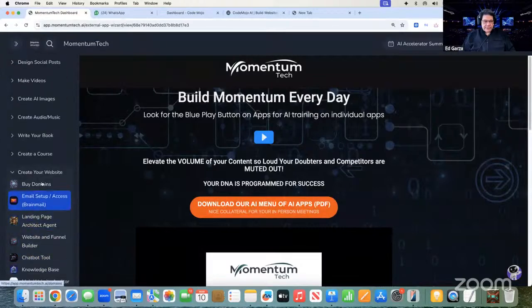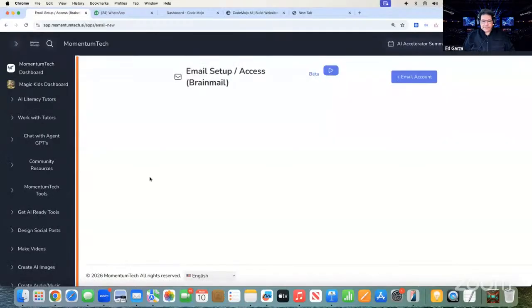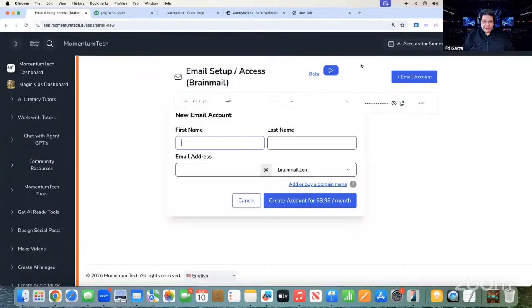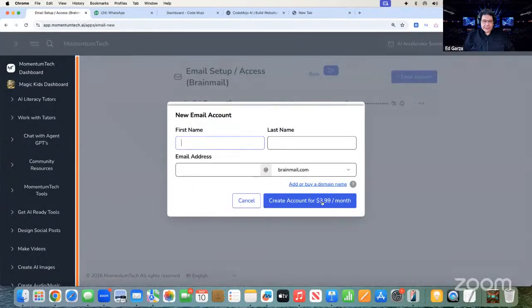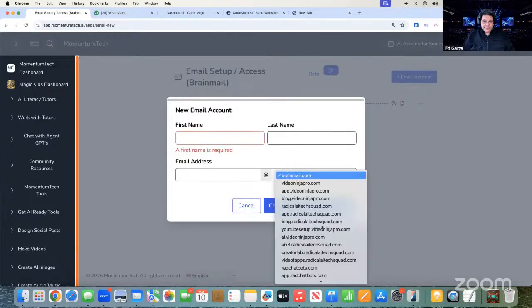So obviously you can buy domains, you can get email setup. Email setup is real simple. I already have an email in the platform. If I wanted to add an email, it's $3.99 to get a domain email. That means if you have a domain in the platform, which I do, I have domains in the platform here.